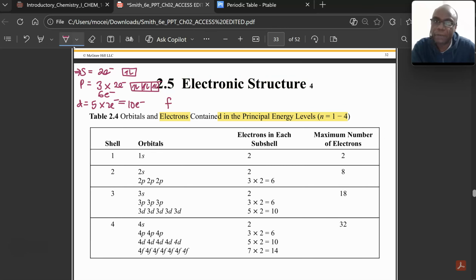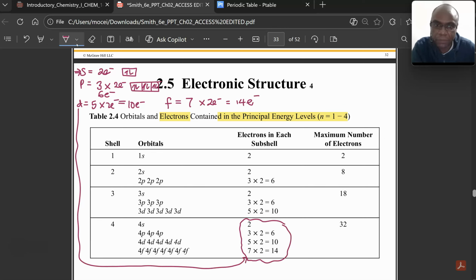And then the F subshell has a maximum of 7 orbitals. Each carries 2 electrons, so the F subshell will carry a maximum of 14 electrons. And that is the math that's being shown down here. Whatever I wrote there is what's being shown here. Okay,